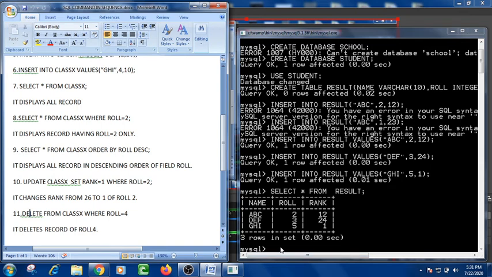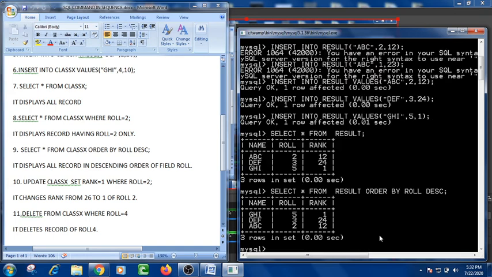Now the next step was, I want to see the records in the descending order of the roll number. Let's select star from result, order by roll and DESC.